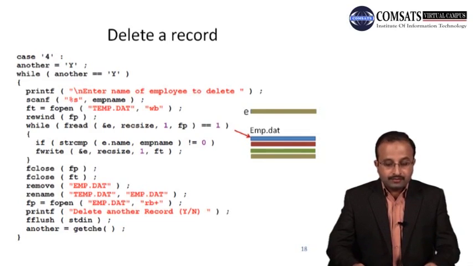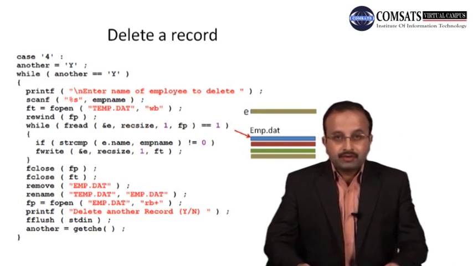In today's lecture we have seen how we can write a database management program that is used to add a record, display a record, modify a record, and delete a record. And we have also seen the fseek function and its purpose. For adding a record, you have to make sure that the file pointer points to the end of the file, because if it points somewhere in the middle of the file or at the beginning of the file, then the